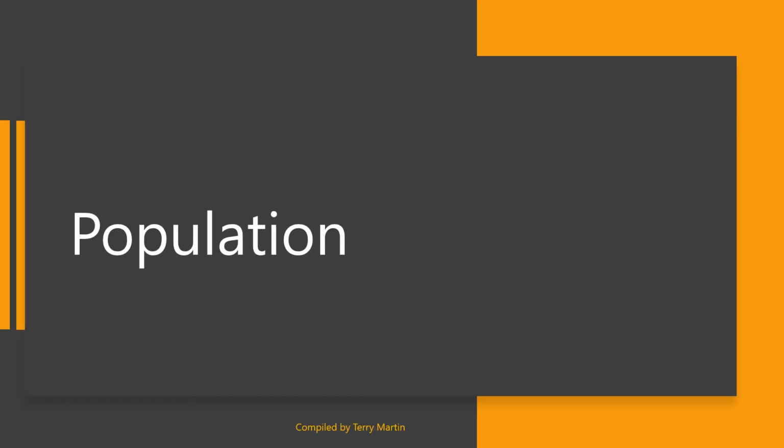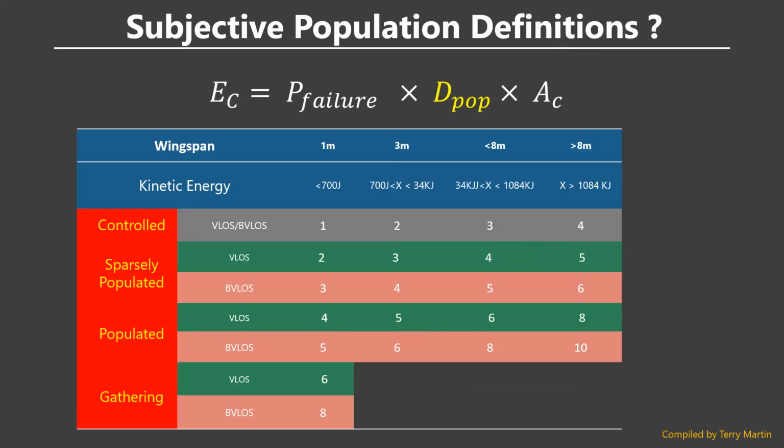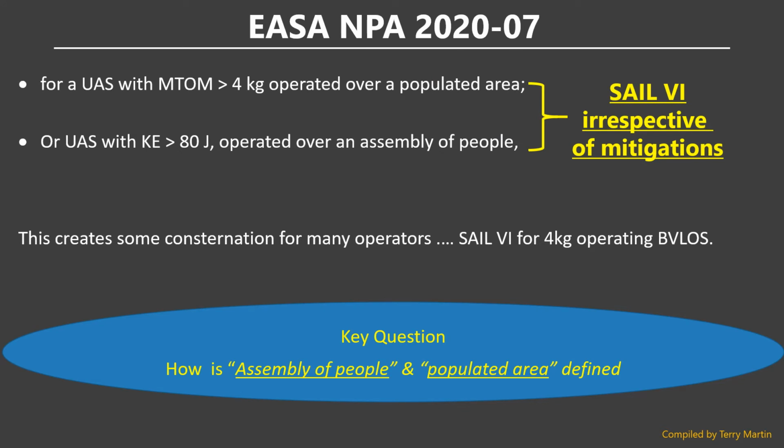Now on to the first element in that formula and in the GRC: population. Just to consolidate and re-emphasize, I mentioned that the two variables on the right-hand side of the equation, population and critical area, represent the rows in population and the columns in terms of critical area, and those are linked to wingspan. Let's dig into the interpretation of population with probably the most contemporary development,